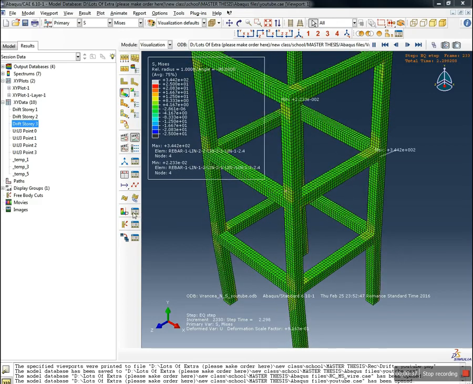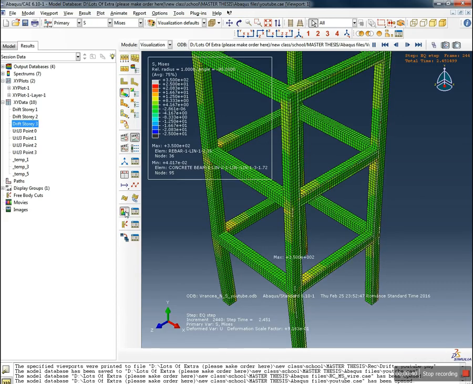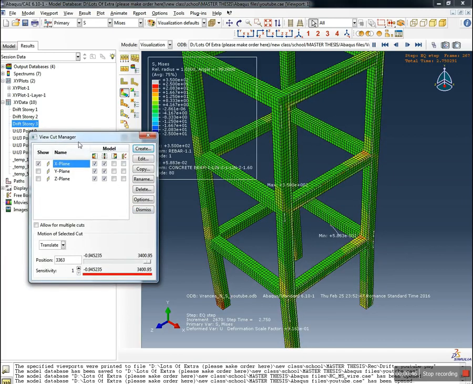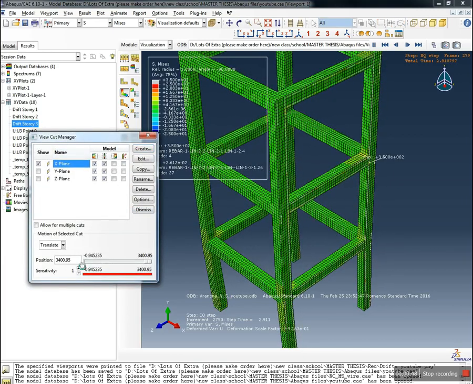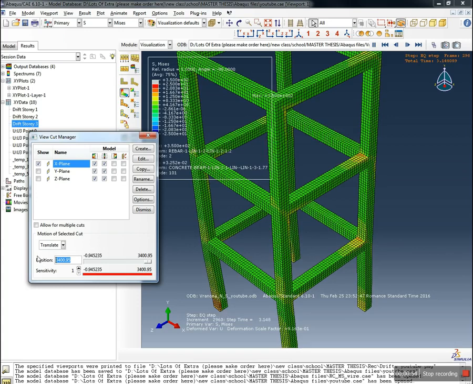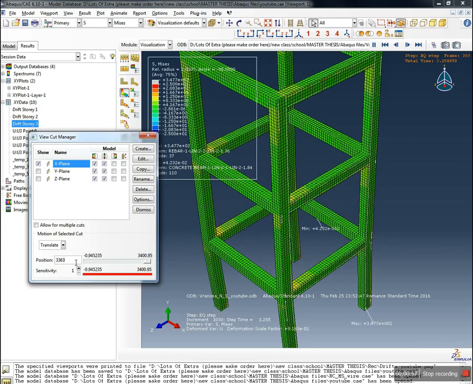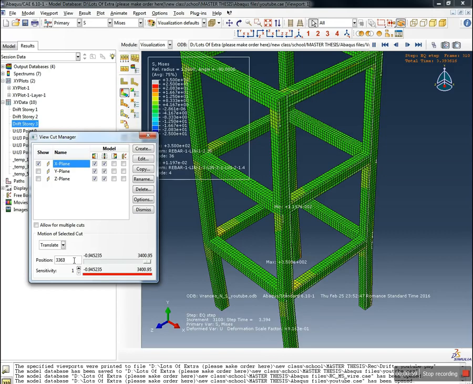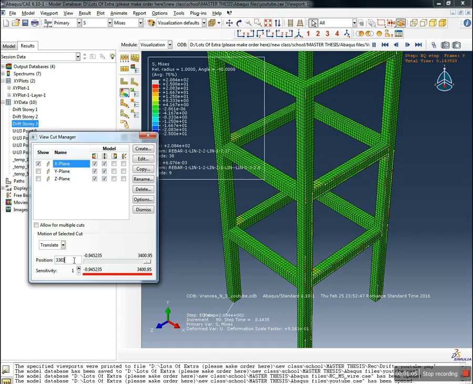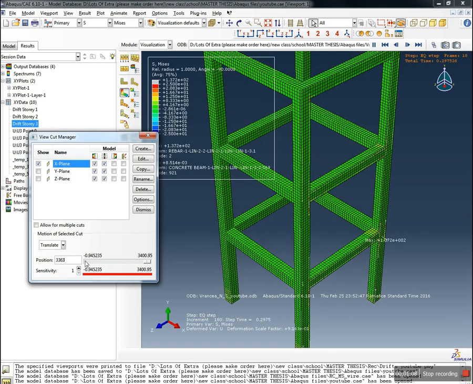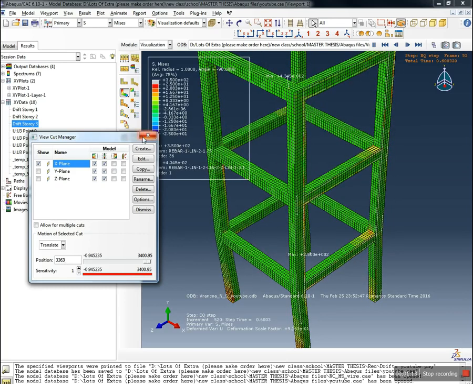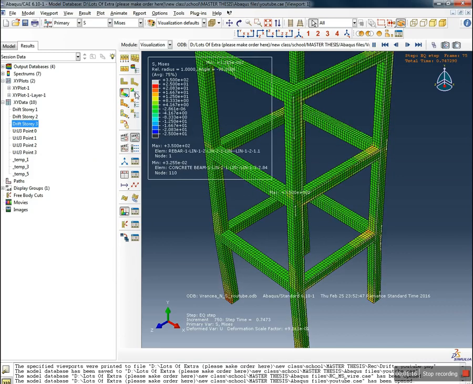Right now you can just click on the cut button right here, and if you click the button next to it, which is View Cut Manager, you can set the position: 363, which is 400 minus 37. 37 is the concrete covering from the extreme concrete fiber to the center of the reinforcement as we defined it. So we should be in our rebars plane here, but we don't see it yet because we have to change